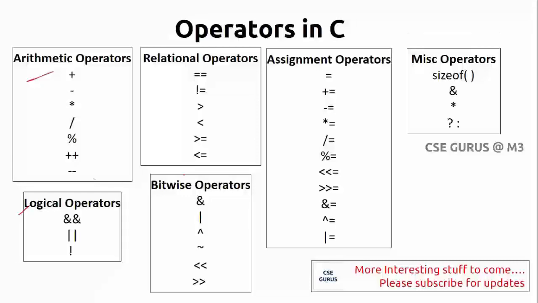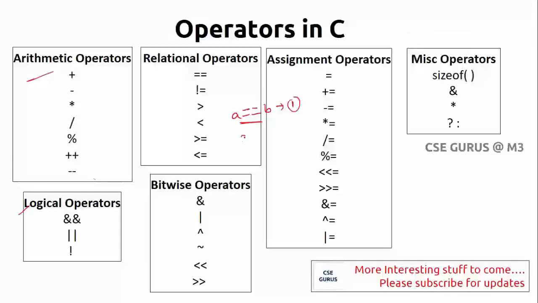Anyway, there is not much logic in this. The same logic will be applied as we see in mathematical concepts, like what is greater than, what is less than. It's simply greater than followed by equals to; you put less than or equals to here, and this is something different. So double equals to: if I say A double equals to B, the meaning is whether these two values are the same, then it returns true, which is equal to 1.